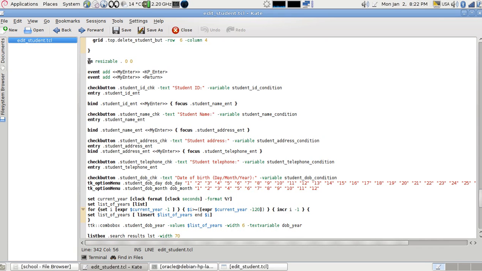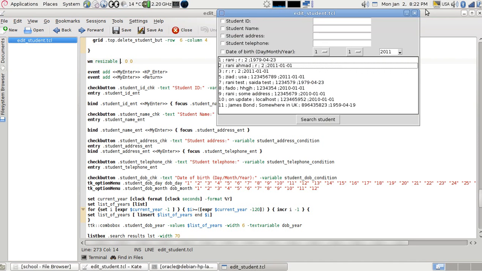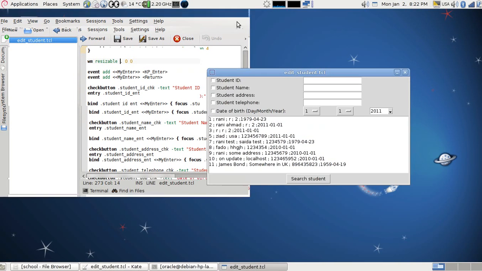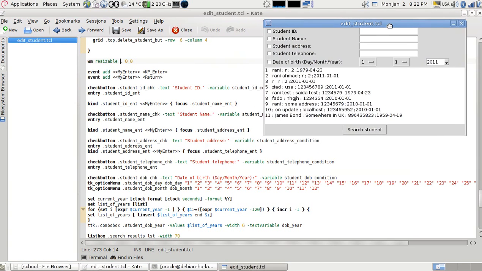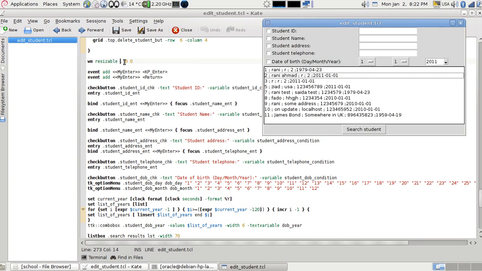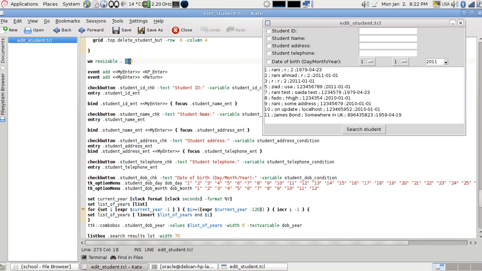So starting from here, I have my main window, which is named as the dot, the root window. I have its window not resizable. It doesn't have this button that maximizes and restores the window to a smaller size. Why? Because I put the width and the height as not resizable by setting them here as